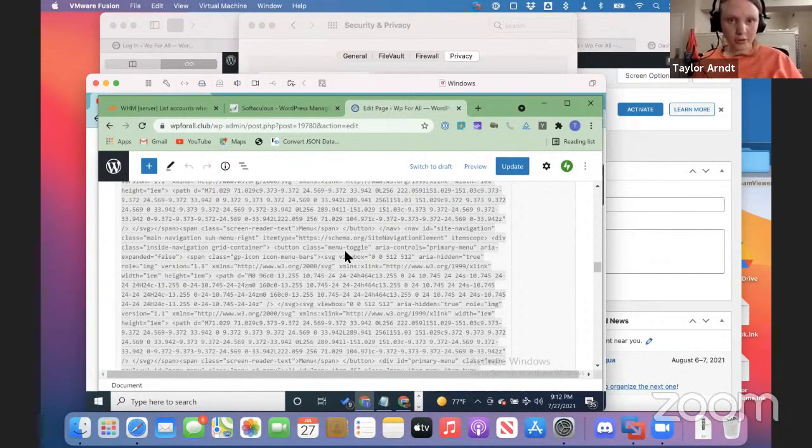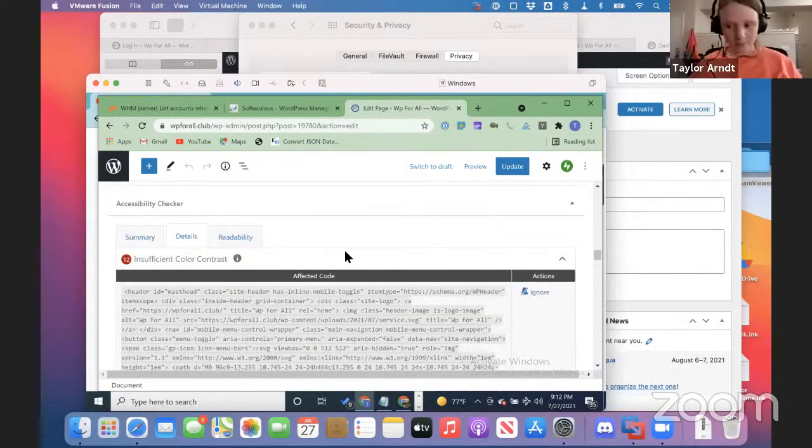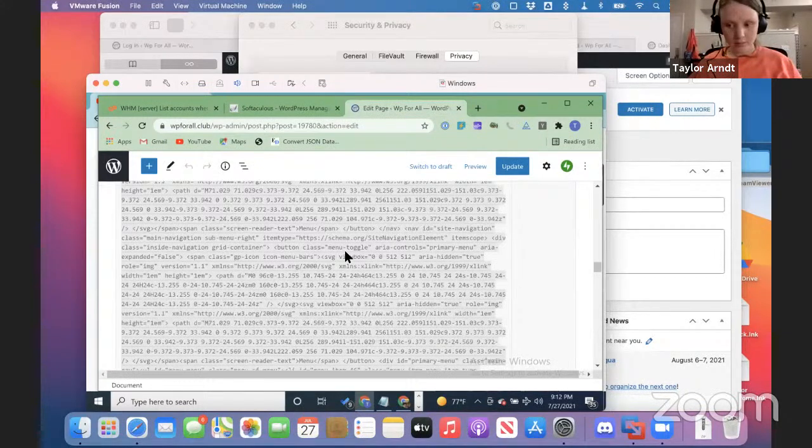So, Michael, just to be clear, you want me to go through here and see where the issue is, correct? Right. It says affected code, and then it has the code that is causing the issue. I want to see if the code that's shown makes sense. So continue going through. Header equals masthead class equals site header as in my mobile toggle.